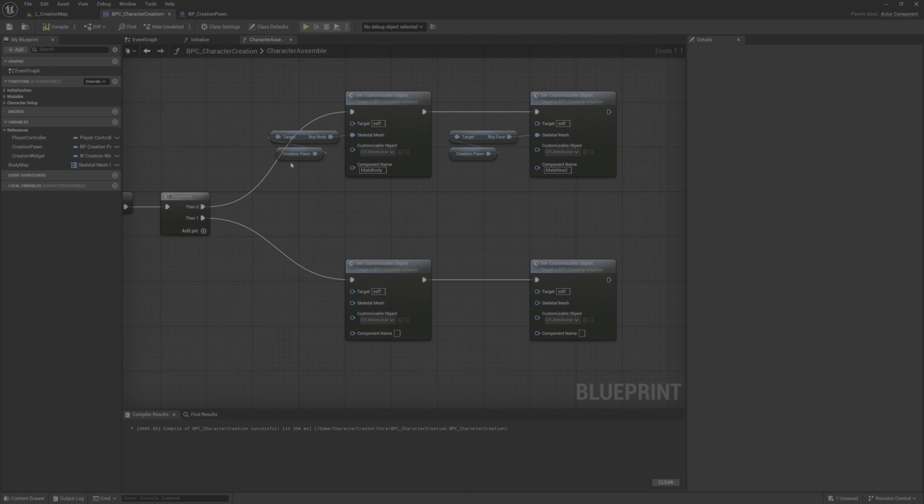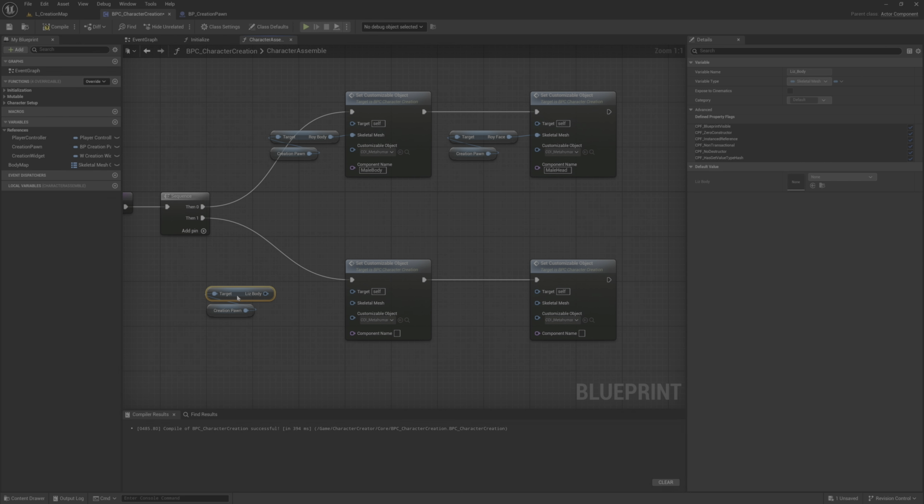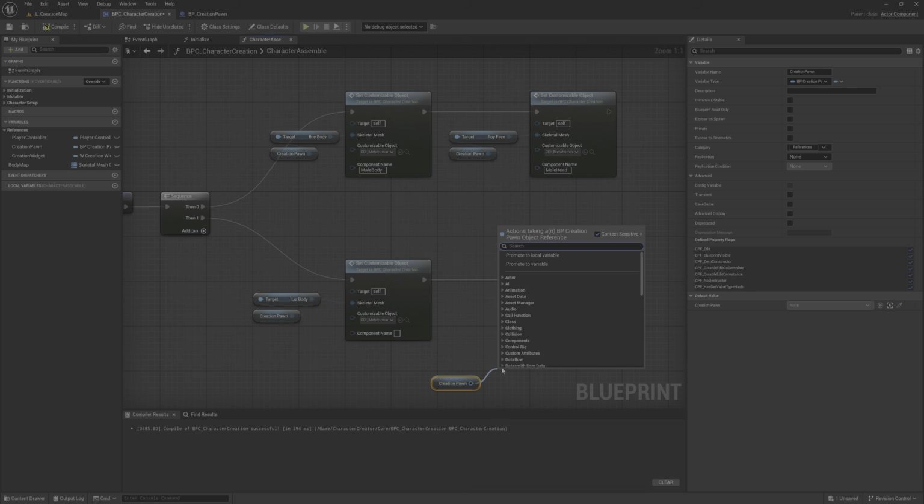And below we will do the same for Liz. This body, and its face.